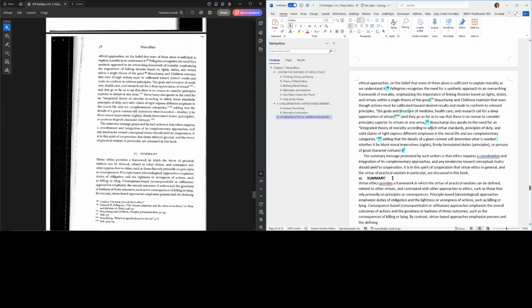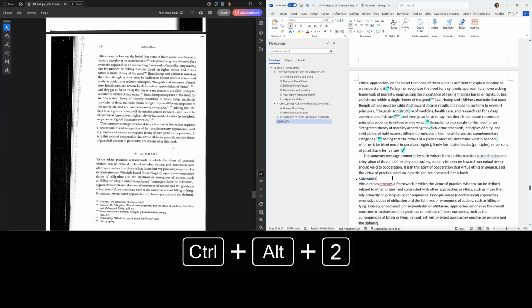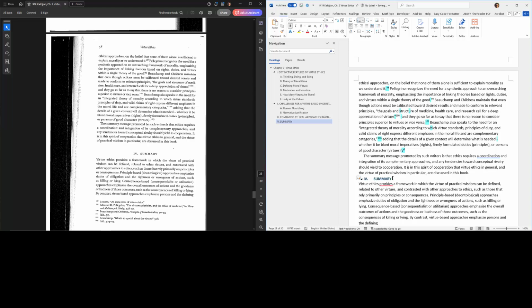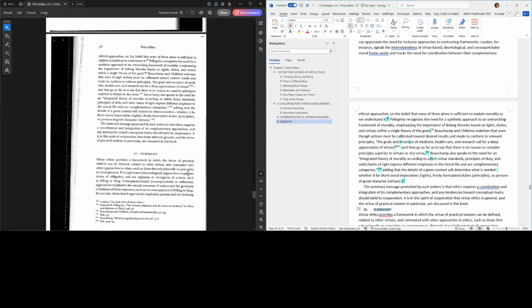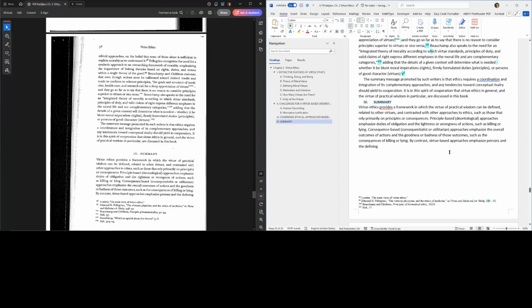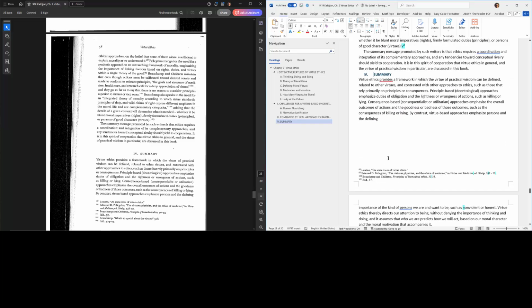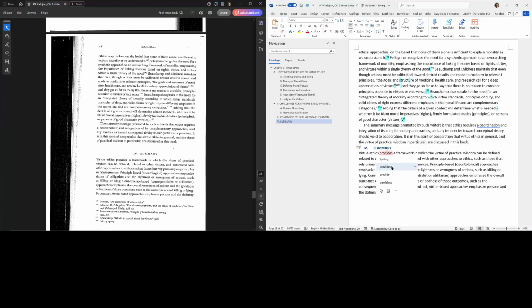Summary is a main section, so IV for the summary. 98 through 103. 98 through 101, we're missing some stuff.